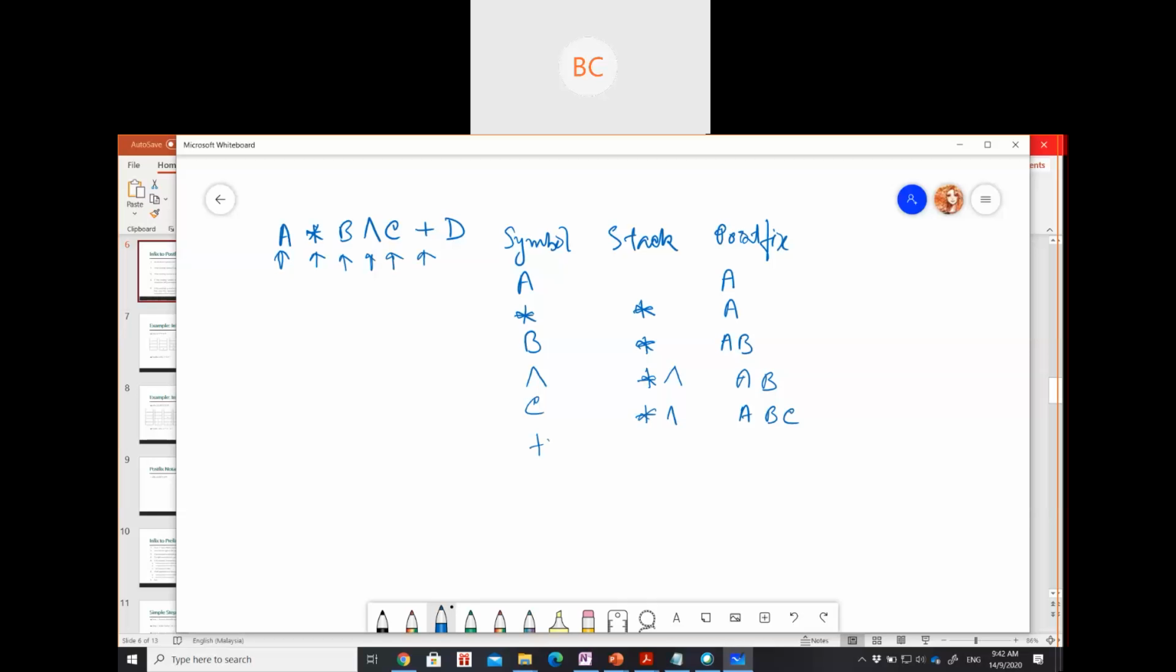So now what you will do, you check your stack. What is inside your stack? It's exponential and multiplication, and both have higher precedence than your addition. Therefore, you will simply pop these symbols onto your postfix notation. You will just go one by one. First, you will pop this symbol exponential, and then you will pop multiplication, and you will push this plus symbol